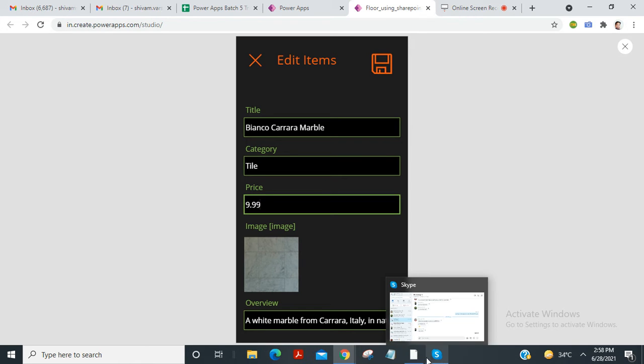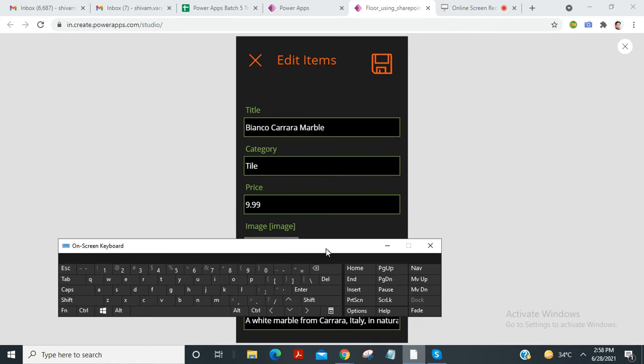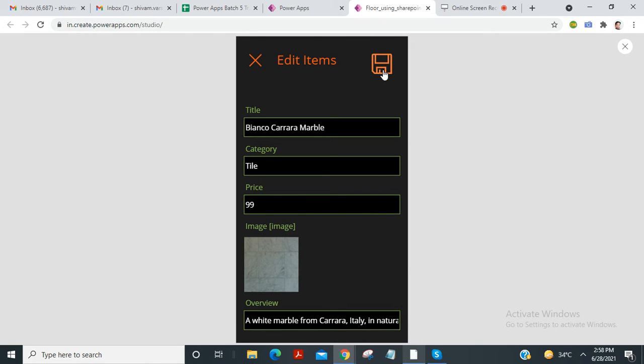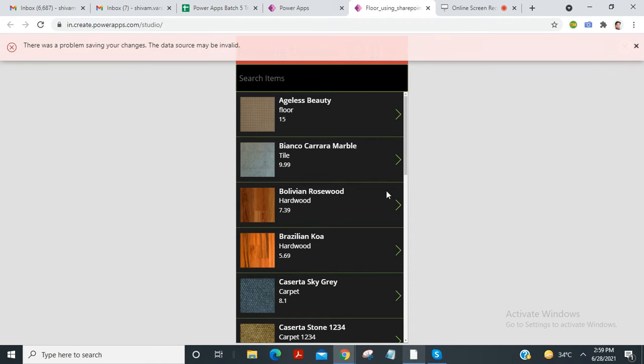Like I'm going to update the price of that item to 99 from 9.99. I just need to update the item price and click on that button to save these details, and it will be saved. There is a problem.